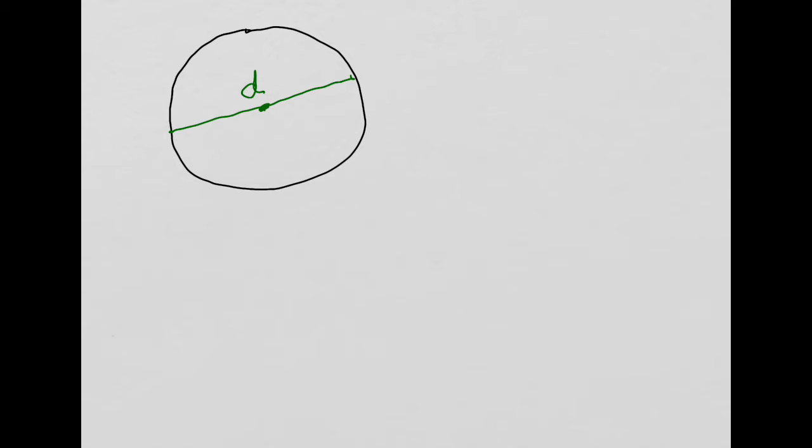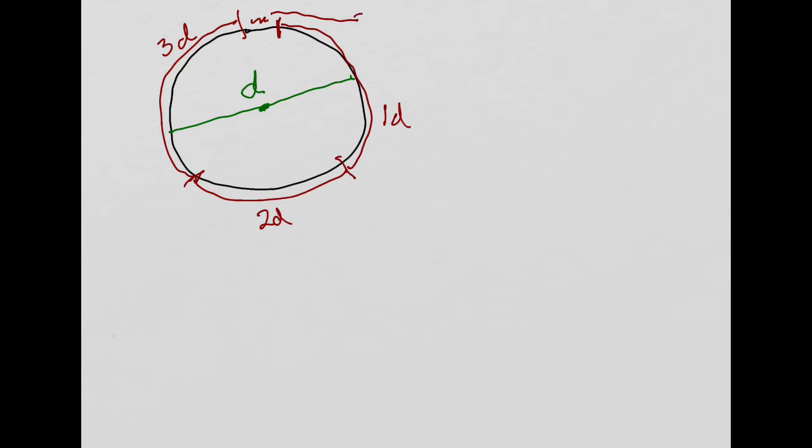So they took a piece of string and they decided that somehow the length of the diameter should have some relationship to the circumference. So they'd start the string at one point on there and they'd lay it out, and so this would be one diameter. Then they'd get two diameters, and then they'd get to three diameters, but they'd have this little section left over. And what they found was that this was